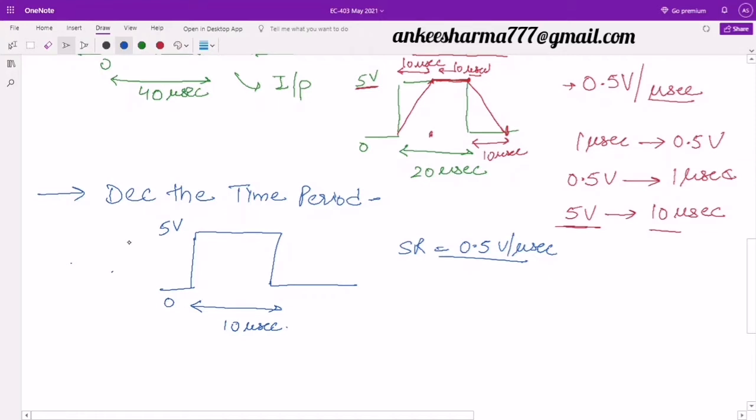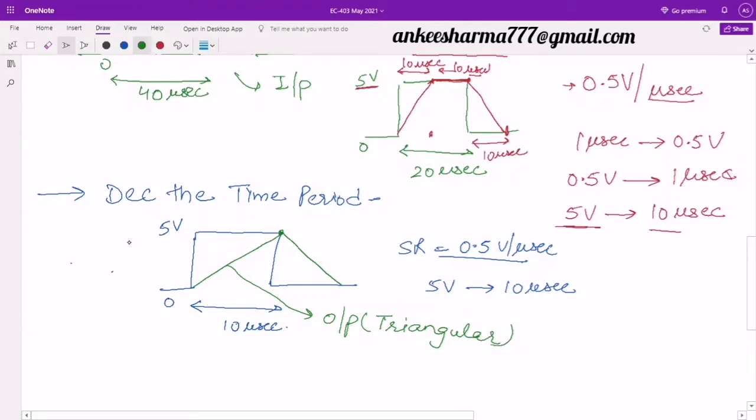At the input I have applied a square pulse, but according to this slew rate, this 5 volt change will require again 10 microseconds. So this will be my 10 microseconds slab. So definitely my signal will start from here and it will reach here. The moment it reaches here, the input voltage has reduced from 5 to 0. It means it will further take 10 microseconds to come back to 0. And here. And if you see these two waveforms, this is my output waveform, which is a triangular one.